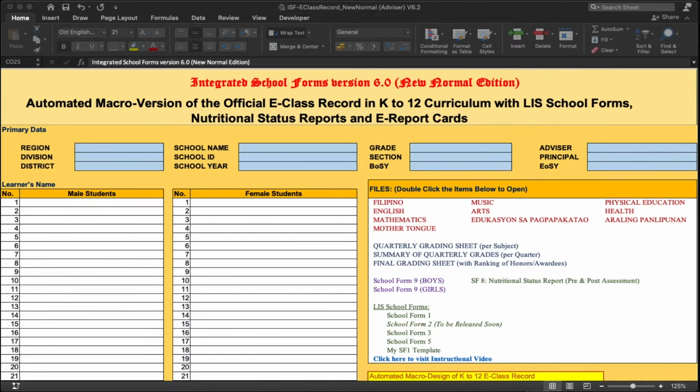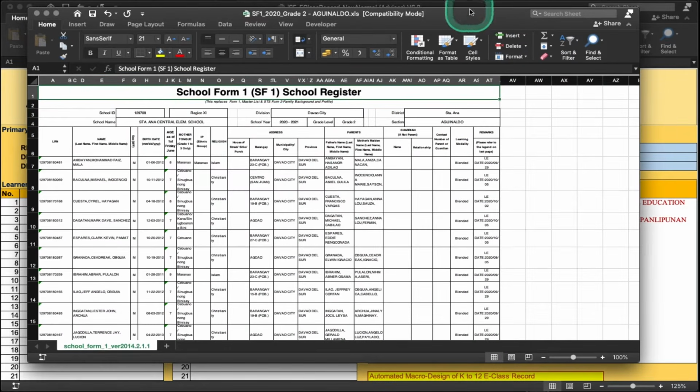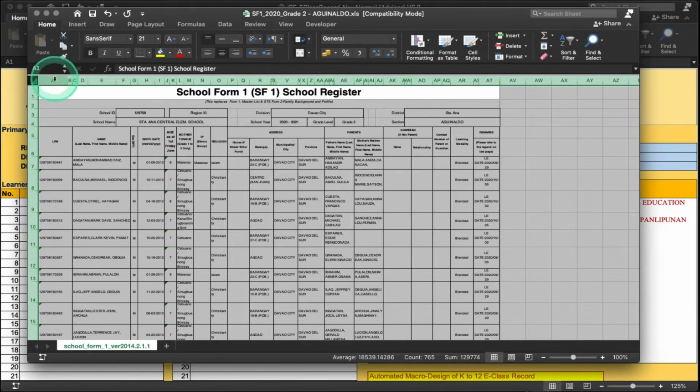Once you fully enable these features, our ISF Advisor e-class record has a profile directory, as you can see on your screens right now. And your School Form 1 file, which you downloaded from the LIS, is fully compatible with our automated template. To show you, I have here a downloaded School Form 1 from the LIS. All I need to do here is to highlight everything like so and press Ctrl-C on the keyboard to copy all of it,